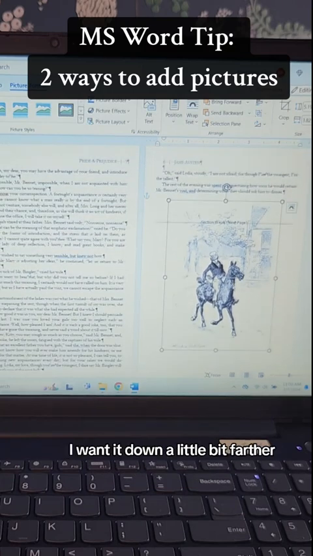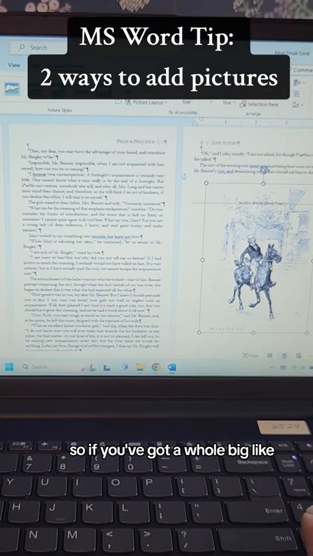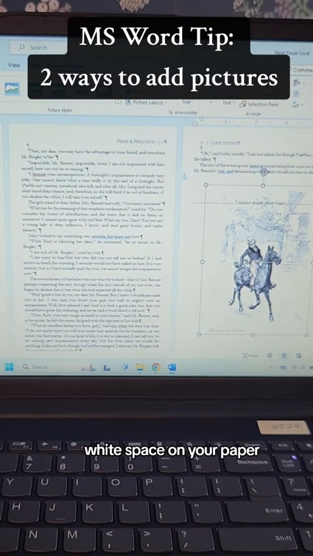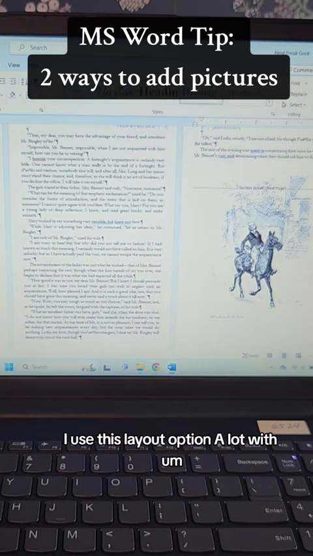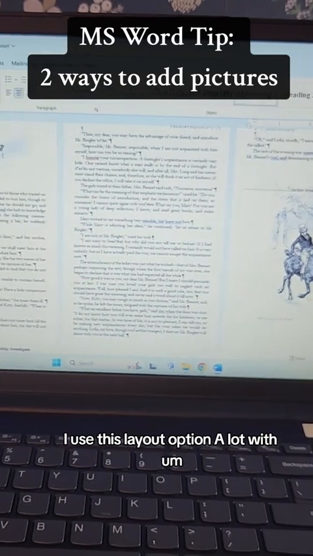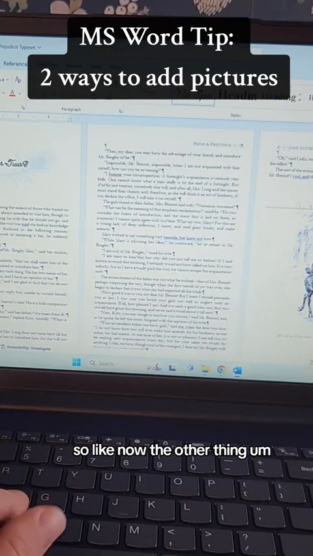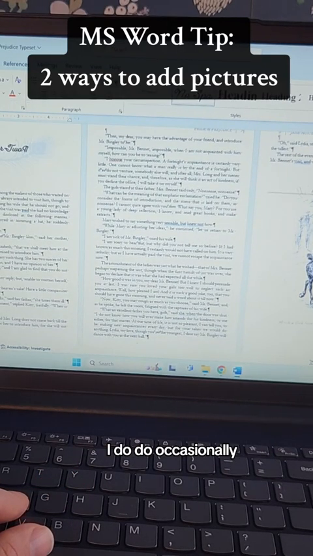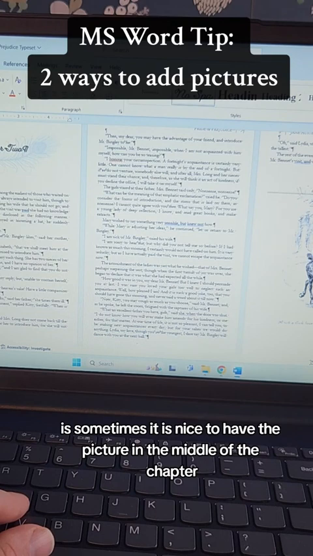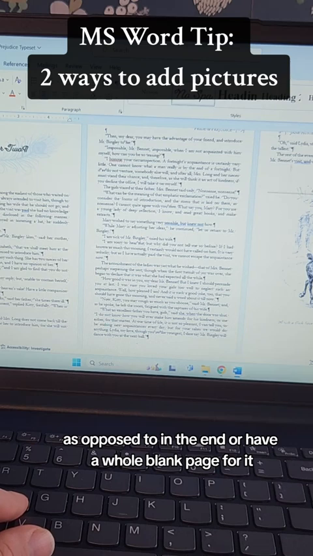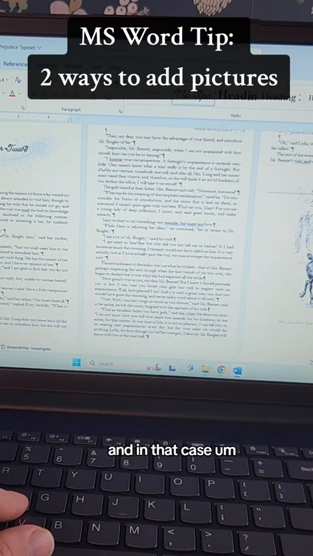I want it down a little bit farther. So if you've got a whole big white space on your paper, this is a good option. I use this layout option a lot with the chapter headers. Now, the other thing I do occasionally is sometimes it is nice to have the picture in the middle of the chapter as opposed to at the end, or have a whole blank page for it. And in that case,